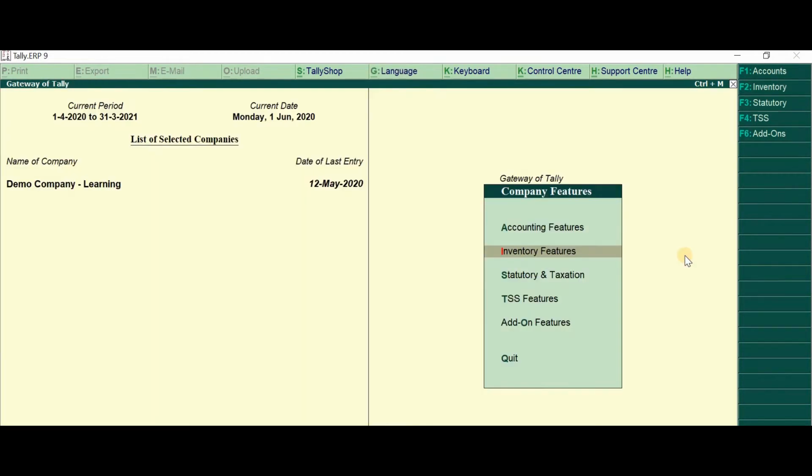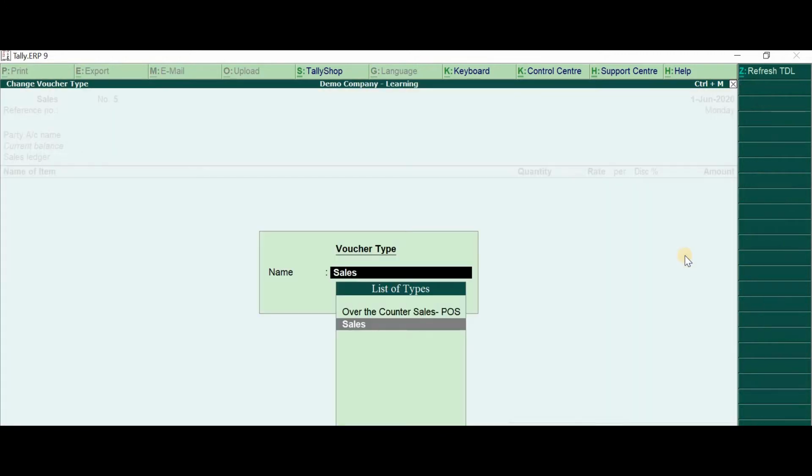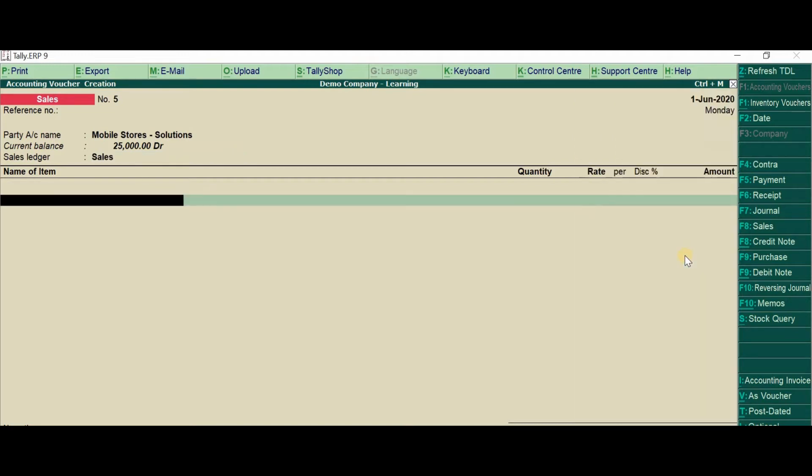Then if you see here, use separate discount column in invoices, press yes and press Ctrl A. Now you have saved it. Come back, press V, go to F8, and let's say I'm making an invoice for Nokia 64, quantity 1. Here this new column has come up. Now I will write, say, 10%. When I write 10, automatically 10% of this rate is calculated and 22,500 is shown. This is another simple way, but the only difference is this: when you press Alt P,